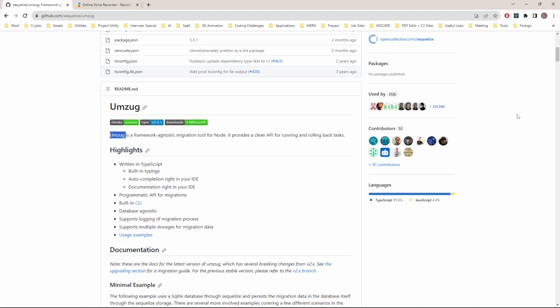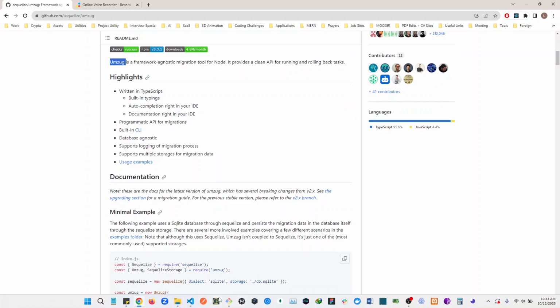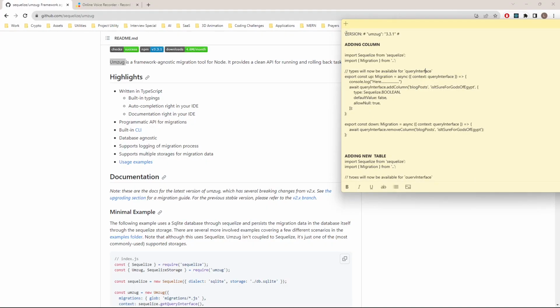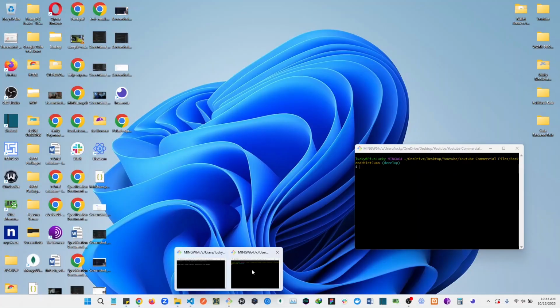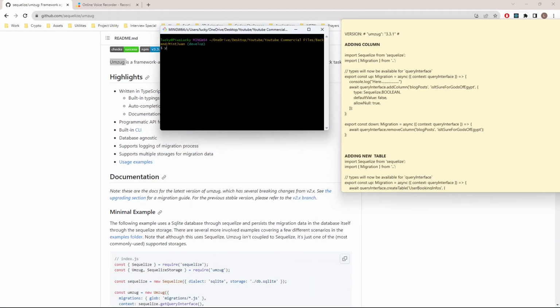As of the time of recording, the version we're using is 3.3.1. So you have to make sure that at least you're using that version right here. So you can go ahead and do something like a yarn install. I'm going to do the exact same thing here. Yarn add, then just do Umzug